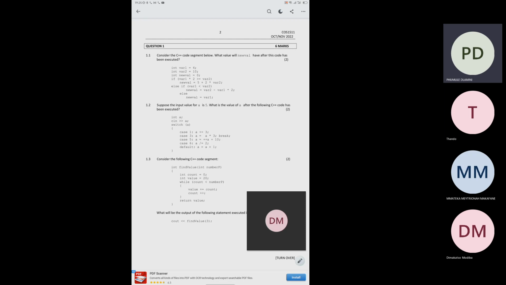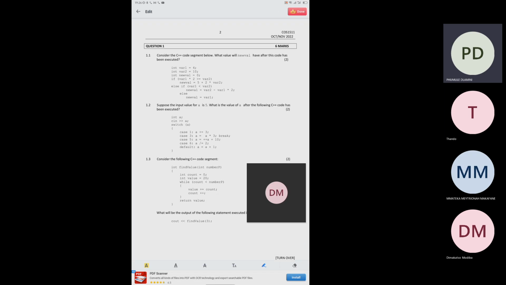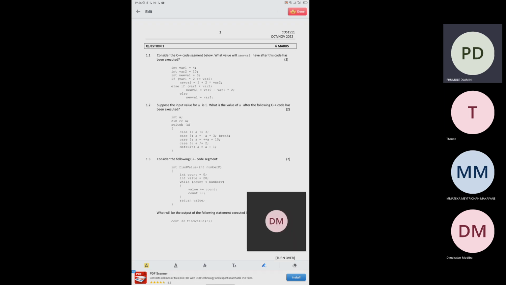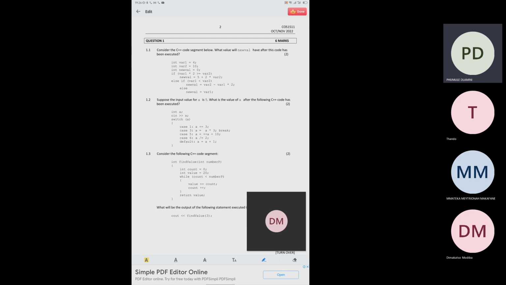So question number 1 says, consider the C++ code segment below. What value will new var have after this code has been executed? So we have int var1 and int var2, which equals 10, and int new var, which equals 0. Then the if statement says if var1 multiplied by 2